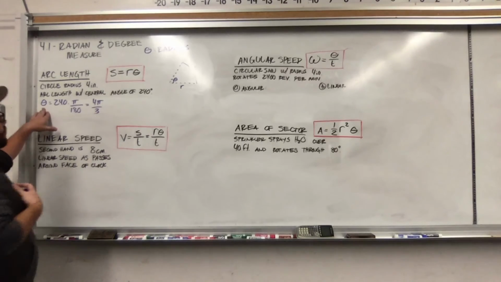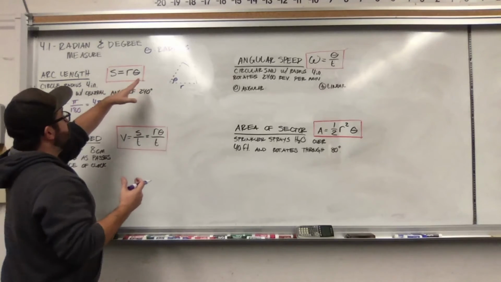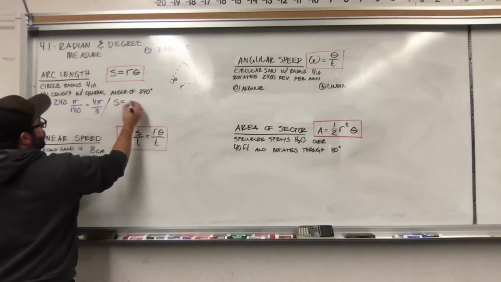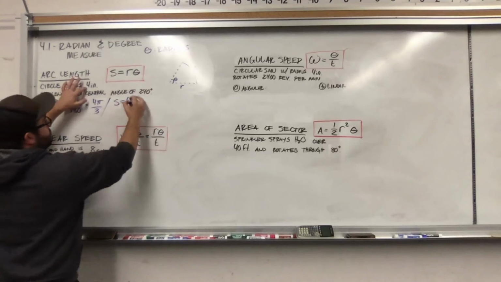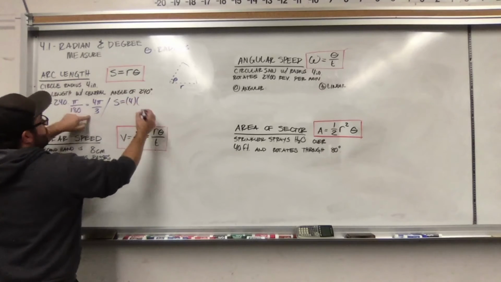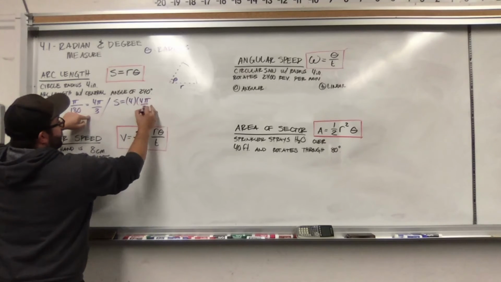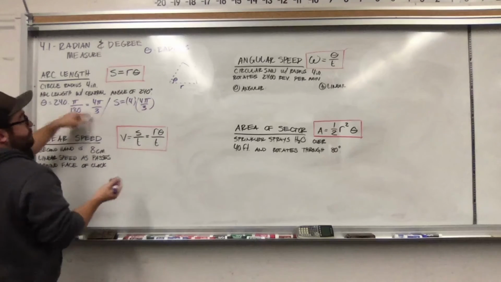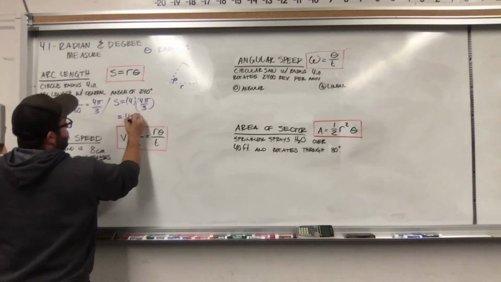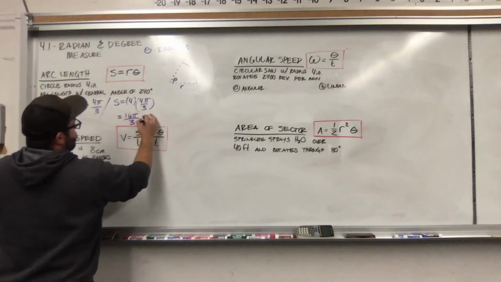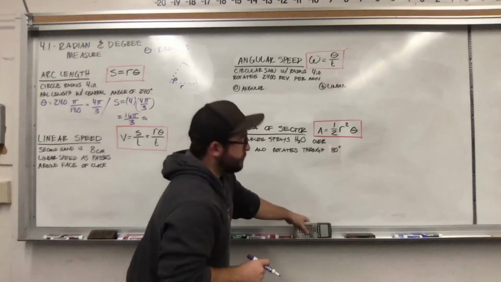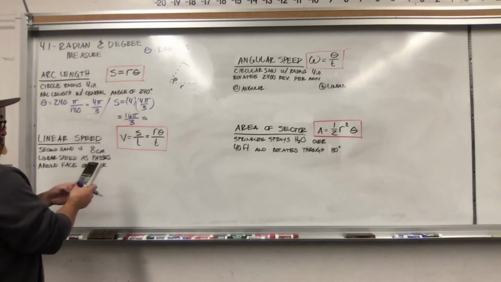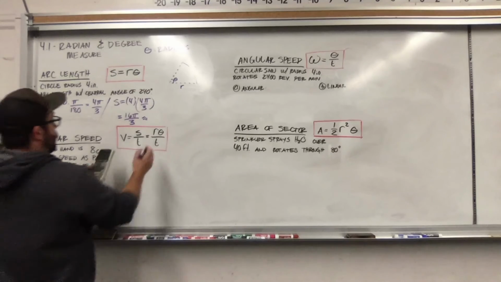So now we have our theta in radians, and then we're just plugging it in here. So if we have S equals R theta, S is equal to 4 inches times 4 pi over 3. Kind of clean up with those parentheses. So that's going to give us 16 pi over 3, or approximately, here comes our handy dandy calculator, 16 pi divided by 3, we're getting about